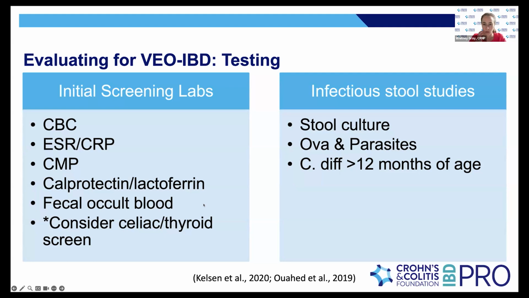So just one thing to note though, in this population, the C. diff cannot always be reliable in those less than a year because it can just be colonized. So just something to keep in mind if that testing is done. The other thing to keep in mind when doing this evaluation, it isn't unreasonable to trial 2 weeks of an elemental formula in those less than 12 months of age to see if it maybe is more of a milk protein intolerance going on while these other evaluations are being done.